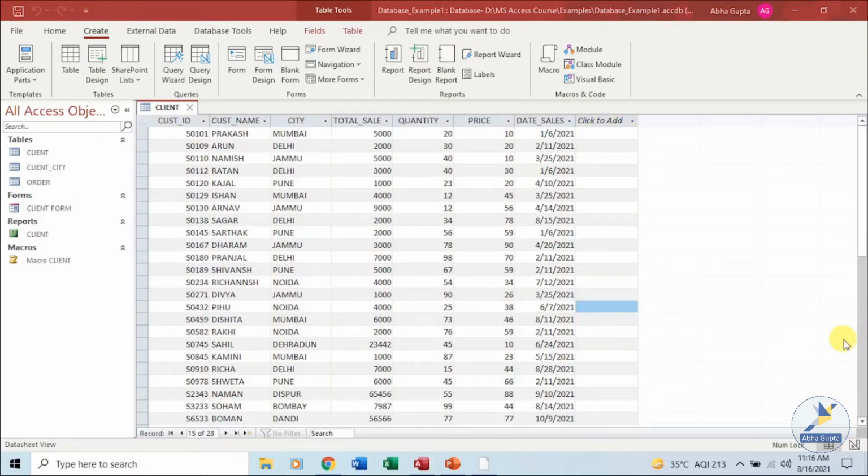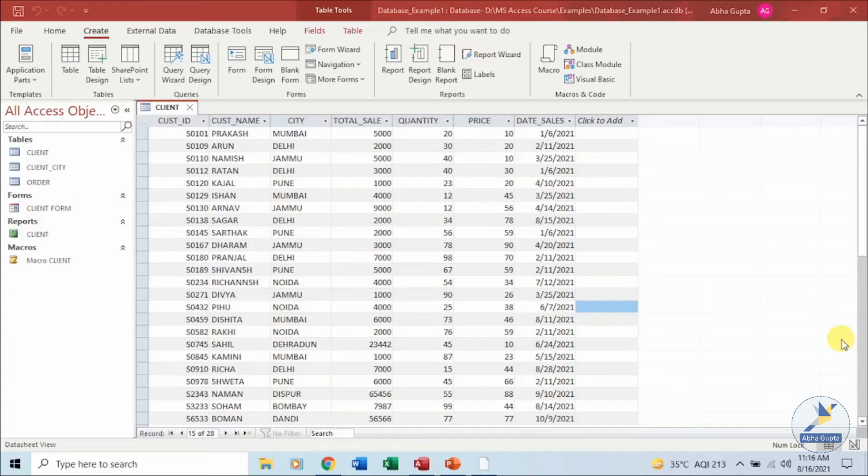A query is an access object which once created is shown on the navigation pane like your tables, forms and reports, and you save a query with a name, so it will be saved with that particular name on your navigation pane. A query is a request for data or information from a table or a combination of tables.